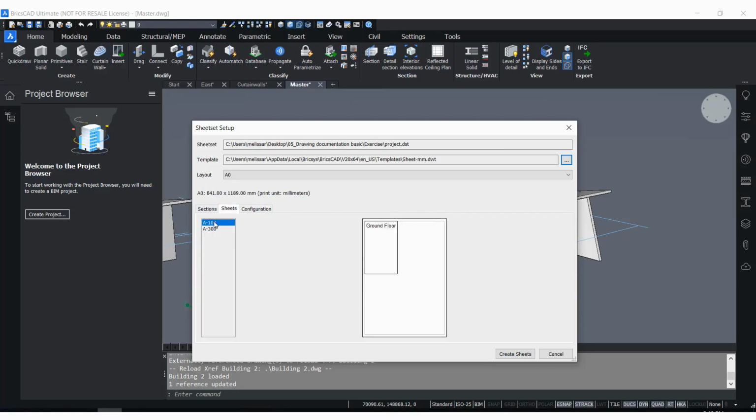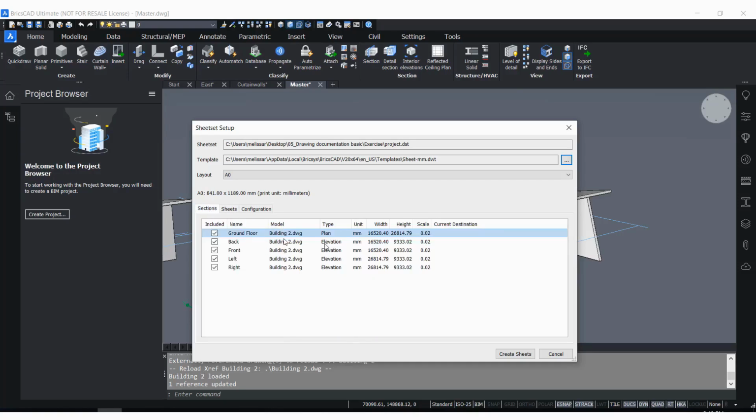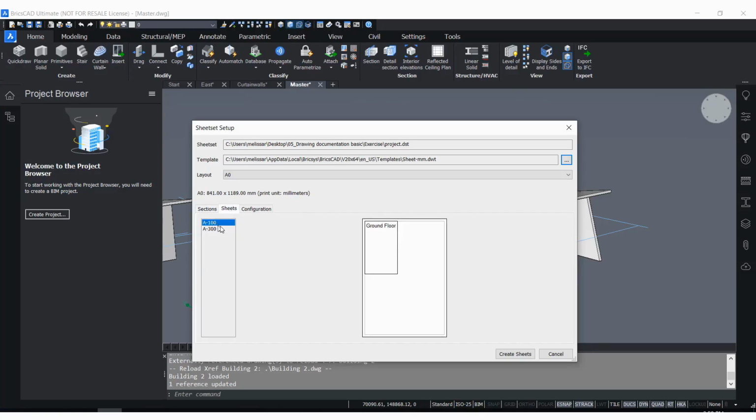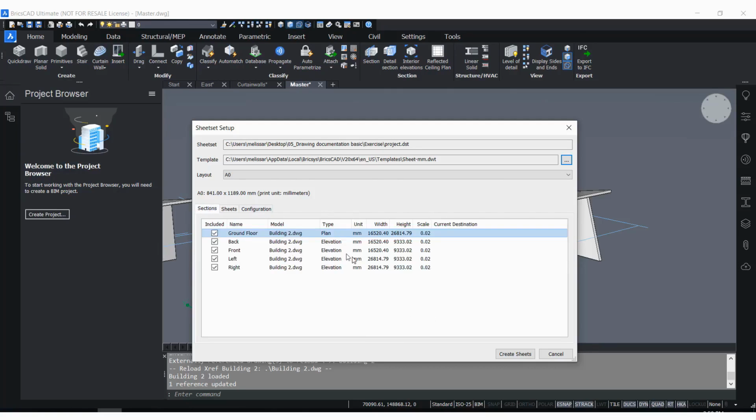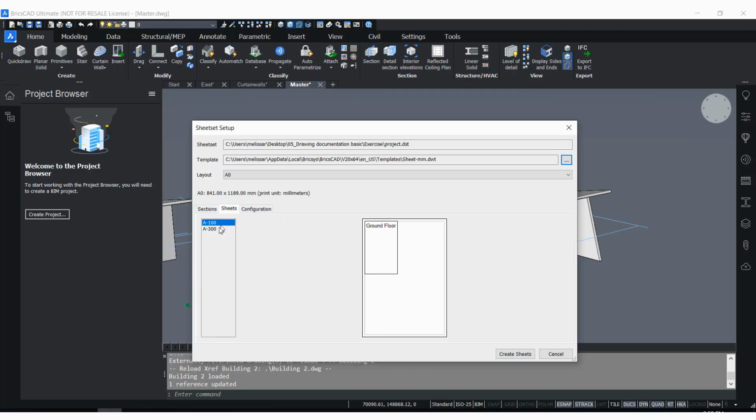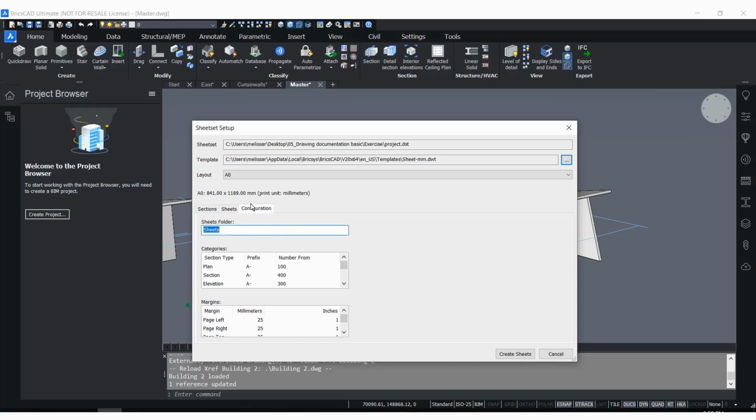They have different names, and the reason for that is because if you go here real quick, the type of section, so we only have one type of plan, so that's an A100. If you were to have another plan section, it will also try to put it all together here in one sheet. And the elevations, we have all 4 elevations. So if I were to click here on the A300, you can see it has already put them together for you. And then if you go here to the configurations,